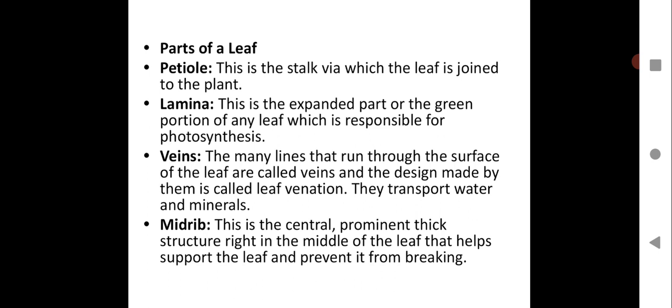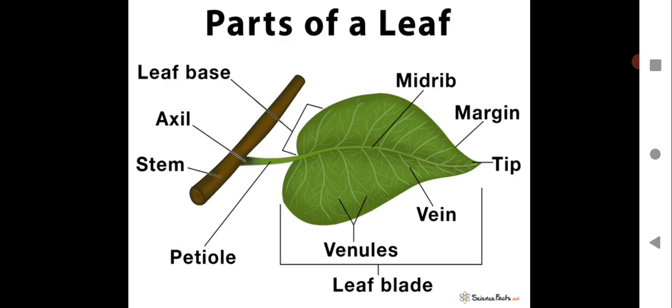I hope you all have taken down all these, children. So here you have the structure of a leaf, parts of the leaf. Please draw this diagram in your notebook, children. Extremely important. Please draw this diagram along with the labeling. Please label with a black ballpoint pen, so it will look very neat and tidy, and you need to learn about the various parts of a leaf. Please draw this diagram along with the labeling.